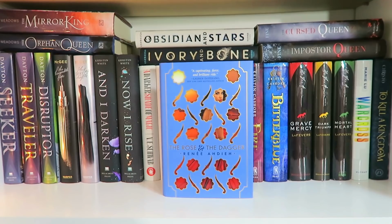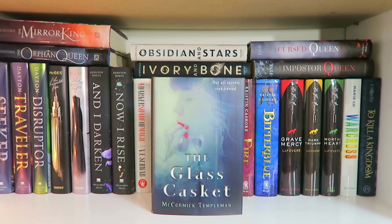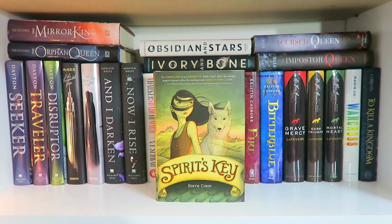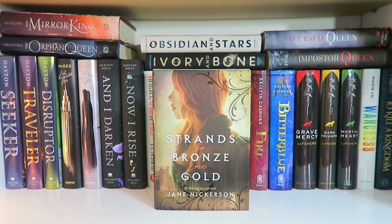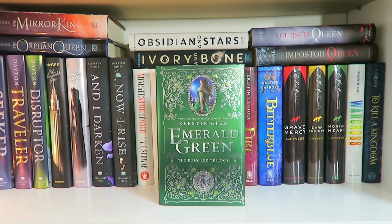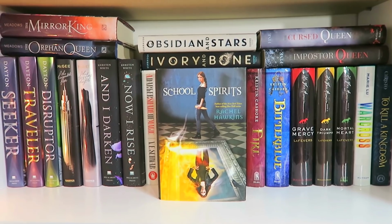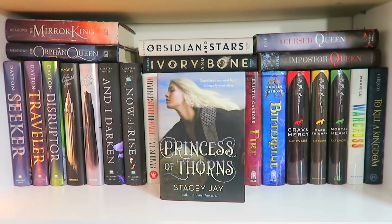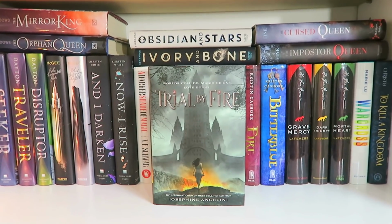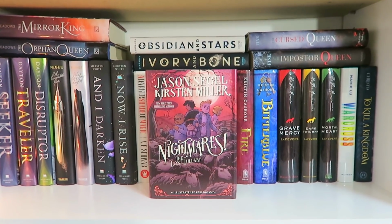by Renee Ahdieh, Prophecy by Ellen Oh, The Stellar Project by Sherry Becker, The Glass Casket by McCormick Templeman, Spirit's Key by Edith Cohn, Strands of Bronze and Gold by Jane Nickerson, Ruby Red, Sapphire Blue, and Emerald Green by Kerstin Gier, Hex Hall, Demonglass, Spellbound, and School Spirits by Rachel Hawkins, Princess of Thorns by Stacey Jay, The Wolf Wilder by Katherine Rundell, Trial by Fire by Josephine Angelini, Nightmares, The Sleepwalker Tonic, and The Lost Lullaby by